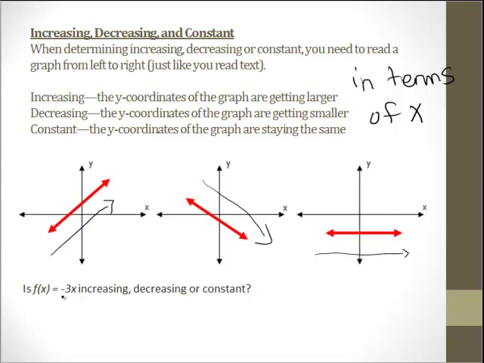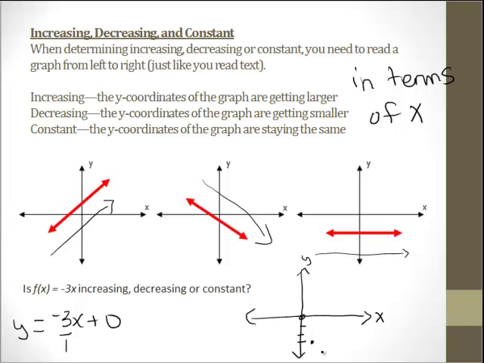Is f of x equals negative 3x increasing, decreasing, or constant? Well, if you remember, this is a linear function, and that negative 3 is the slope. So just based on that, you should be able to tell what it's doing. But if you don't know, since negative 3x plus 0 would be your function, 0 is your y-intercept, slope is negative 3, so you have negative 3 over 1. That means you go down 3, right 1. That means your graph looks something like this,